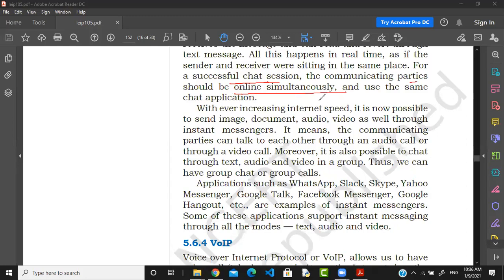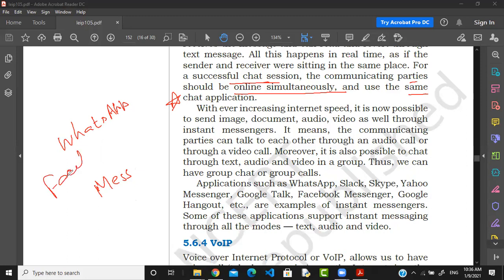Means if you want to do the chat, both must be online, under the same chat application. Don't think like this, you are sending me a message on WhatsApp and I am going to receive the message on Messenger. No. Maybe in future it is possible, because WhatsApp and Messenger